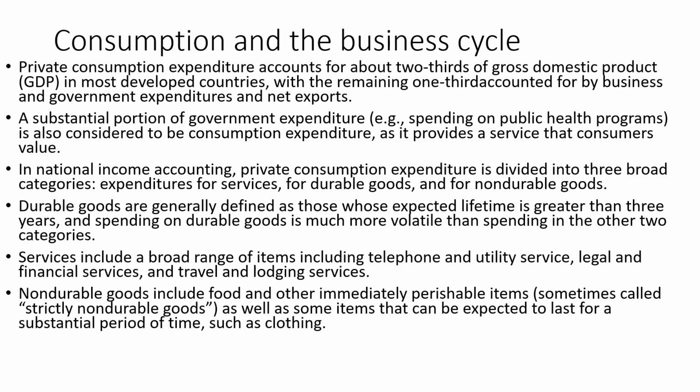If you look into the case of national income accounting, the private consumption expenditure is divided into three broad categories: expenditure on services, expenditure on durable goods, and expenditure on non-durable goods. Coming to the durable goods section, this is the expected lifetime expenditure on durable goods. You are incurring some expenditure on a particular good, and this good could be used for certain years